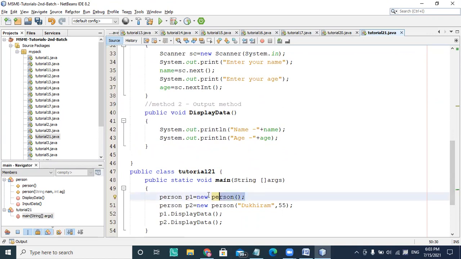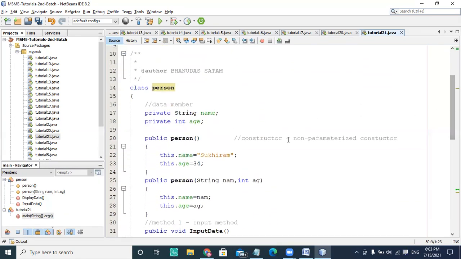So this particular object is calling a non-parameterized constructor, and the second object is calling a parameterized constructor. If you have two functions with the same name but different signatures, meaning the parameters' size or data types are different, then those functions or methods are called overloaded methods.